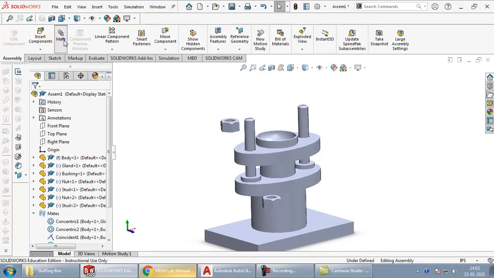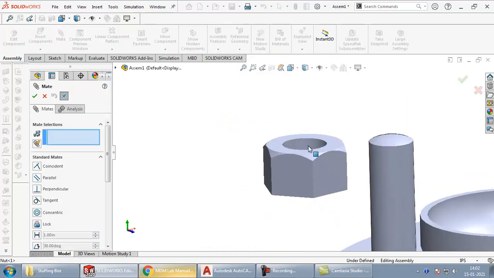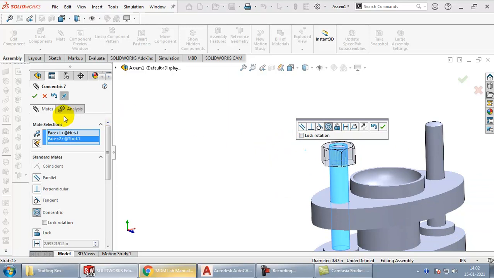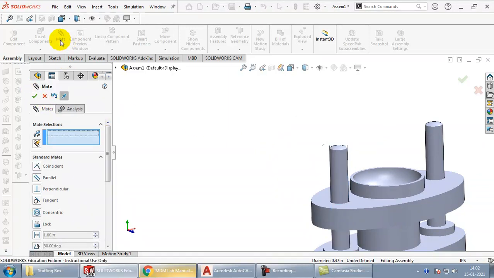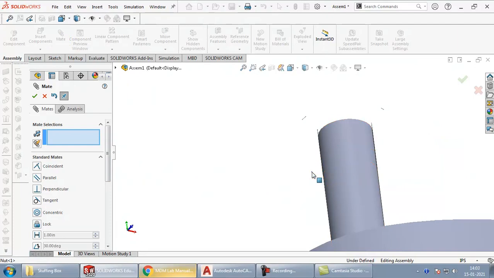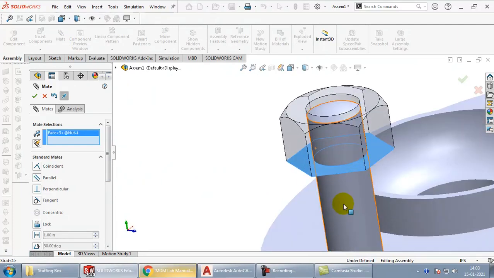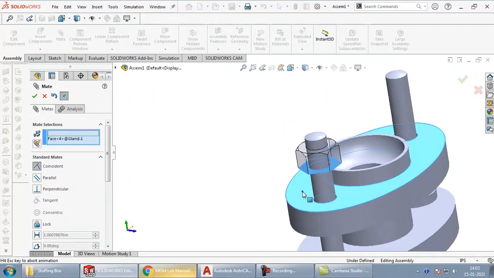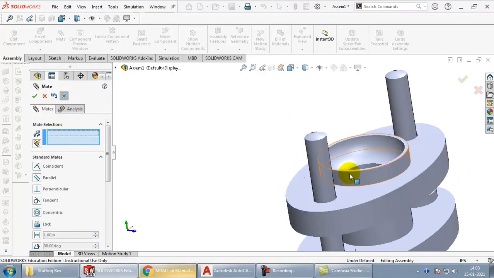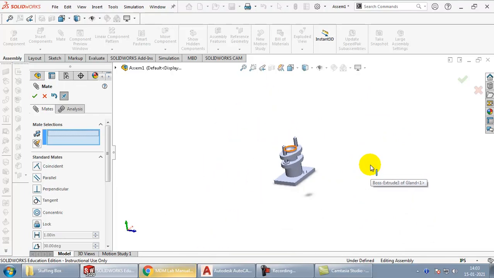So click on the mate option, click on the inner cylinder of this nut and the outer cylinder of this one. Click OK. Then the next mate has to be between this face of the nut and this top face of the gland. Click on OK. Do the same for the other nut.